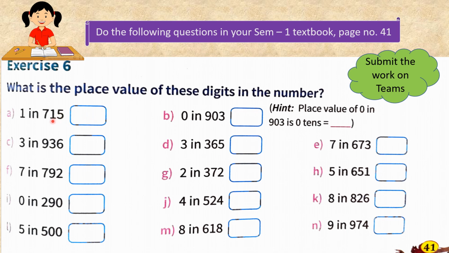As 1 is in tens, we write it as 1 ten or 10. So that's how we write all the digits of all the questions. Hope you understood how to write place values. You do it in the textbook itself and submit it to your maths teacher. You can find out the answers from the next slide. But no cheating, first you have to do it and then check your answers.